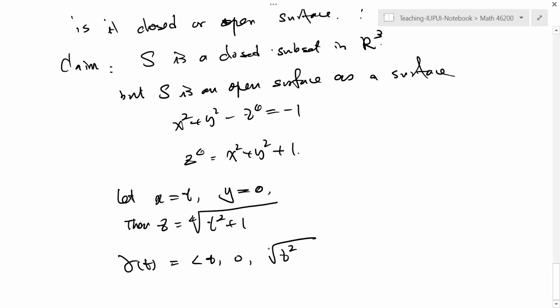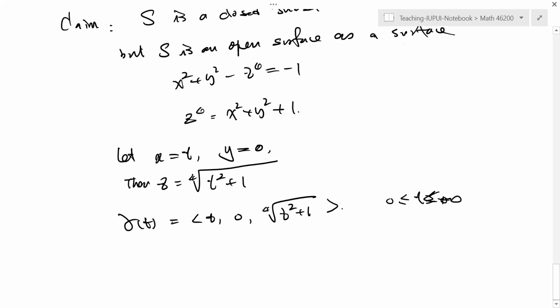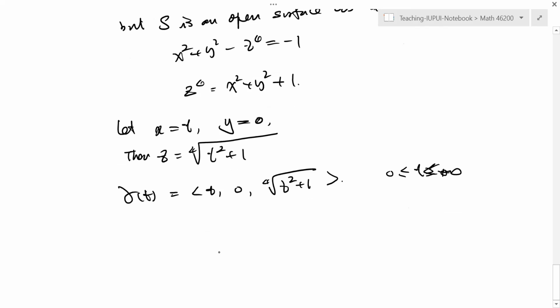To the fourth power. You can assume that t is greater than 0, less than infinity. Now I claim that this is a curve on the surface, but the distance